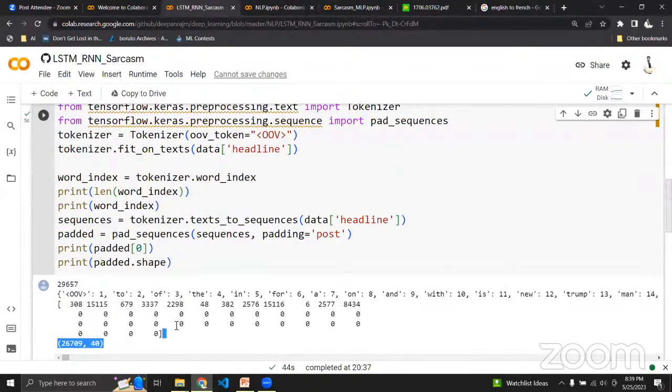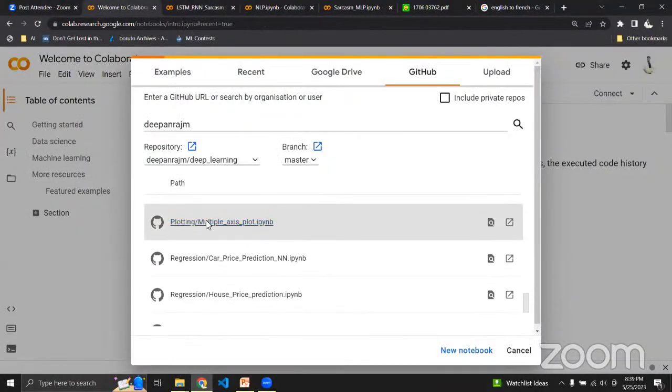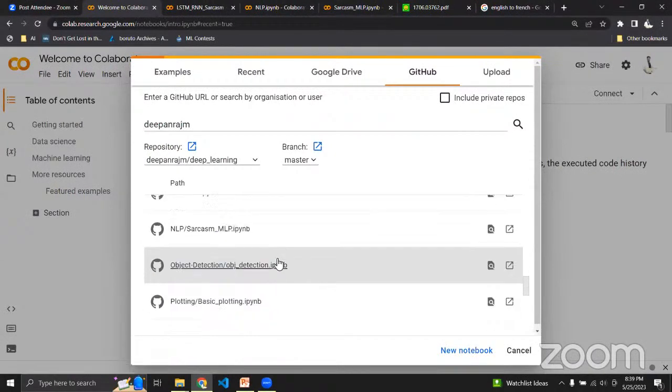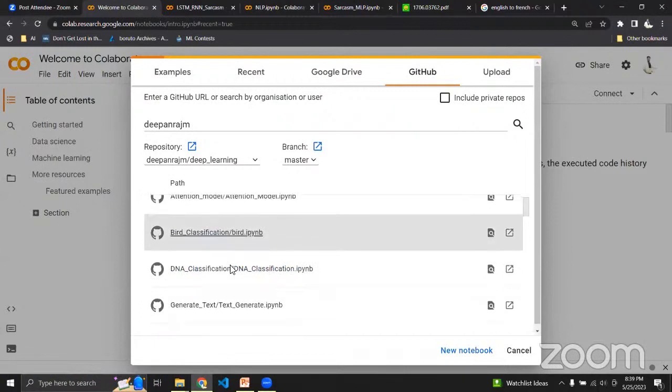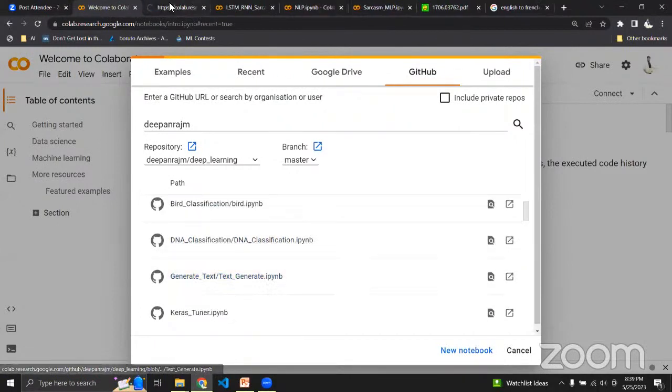Is this clear? Any doubts or clarification at this point? With that, if there are no doubts or clarification, I'll show you one more program where I utilize the same LSTM